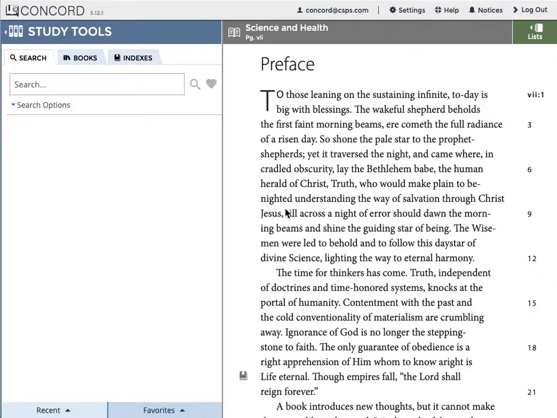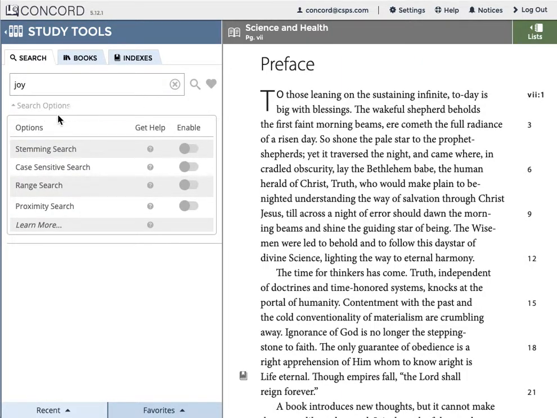For example, if you were interested in searching for the word joy and you wanted your search results to include similar words such as joys, joyful, joyfully, etc., you could do this by first typing the word joy into the search bar. Then you could click on the words Search Options just below the search bar to open up the